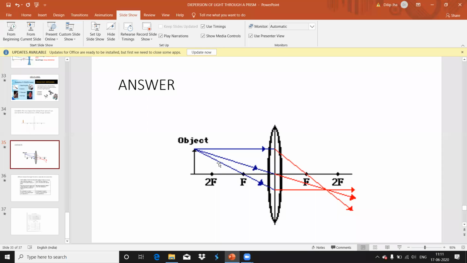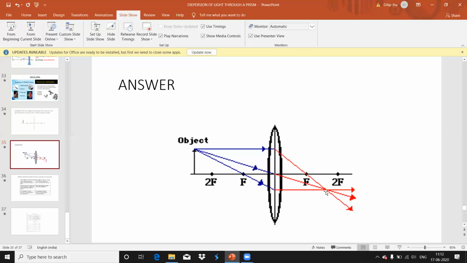And the third ray we will take, which is passing through the focus, and it will become parallel to the principal axis. We have used the 3 laws here, or 3 rules for the formation of the images in lenses. तीनों rule को हमने यहाँ use किया है. Parallel to the principal axis, passes through the focus, passing through the optical center, goes undeviated, and the third is it passes through the focus, becomes parallel to the principal axis.